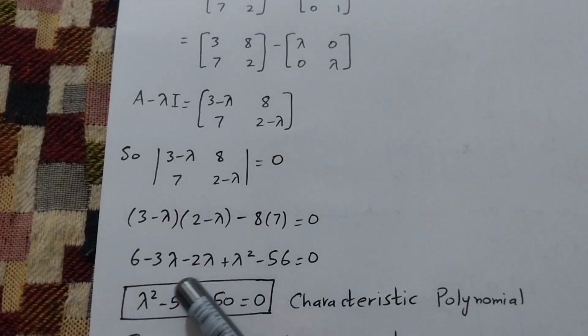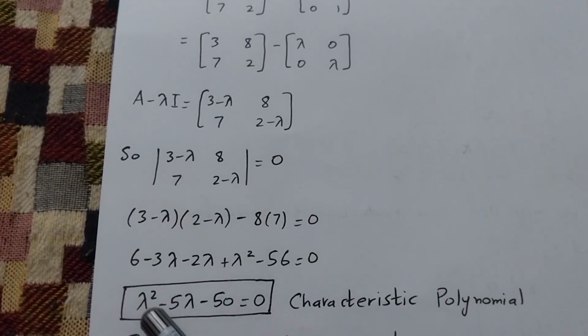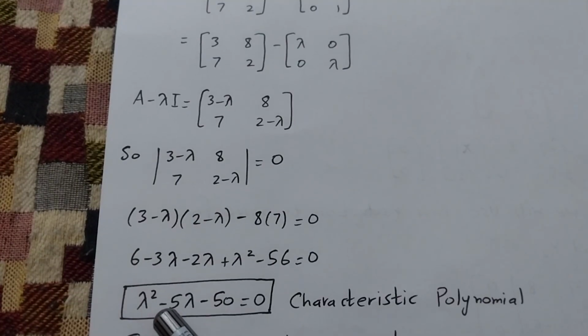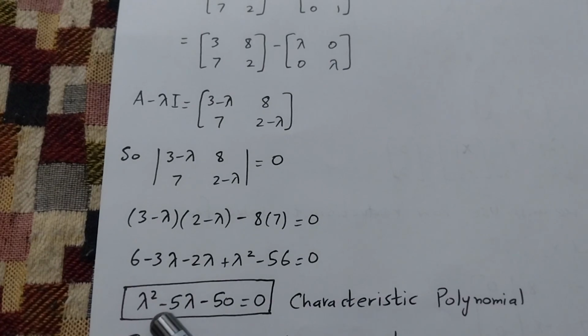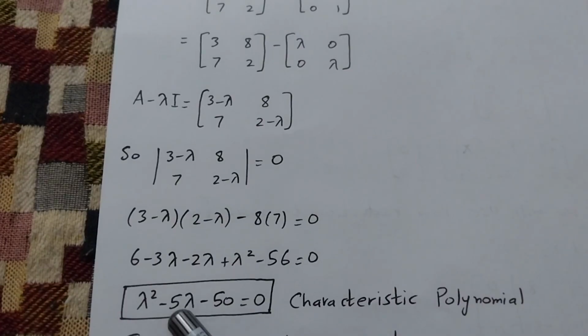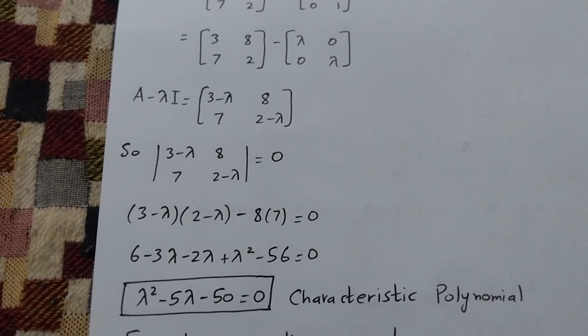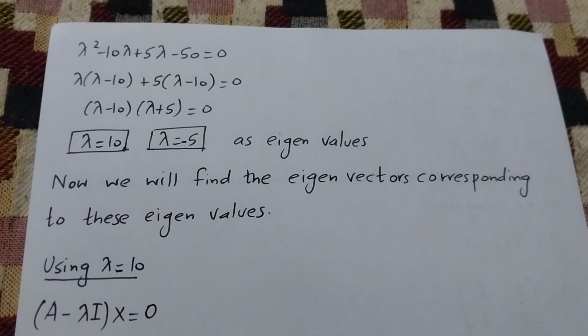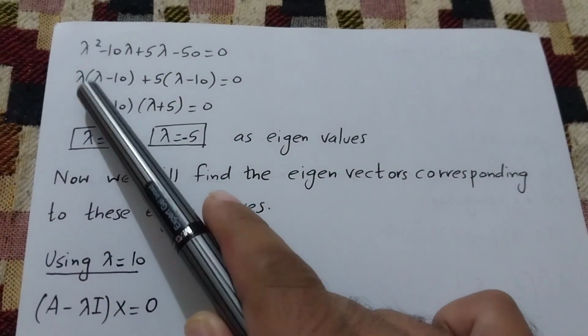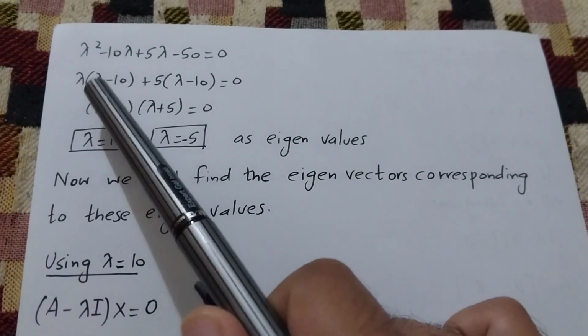So this is our characteristic equation, and a characteristic equation is basically a polynomial equation which has lambda as a variable, and we solve that equation to get the values of lambda, or to get the eigenvalues. So when we solve that equation,